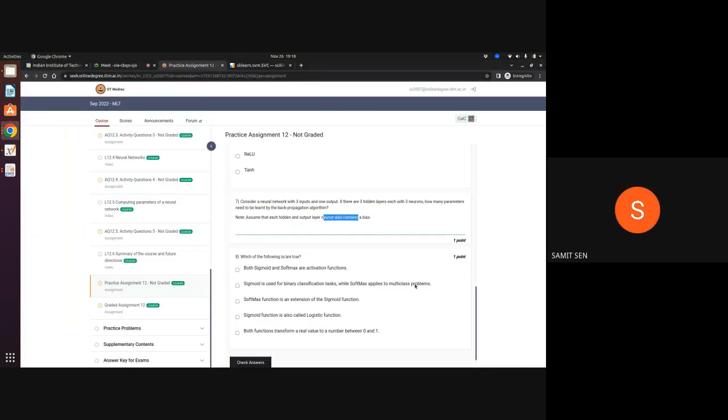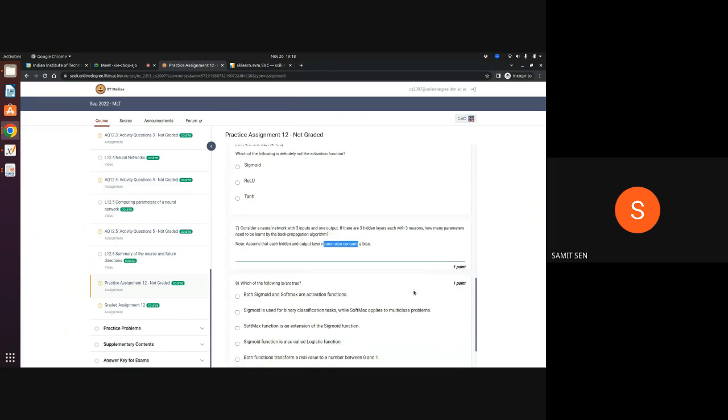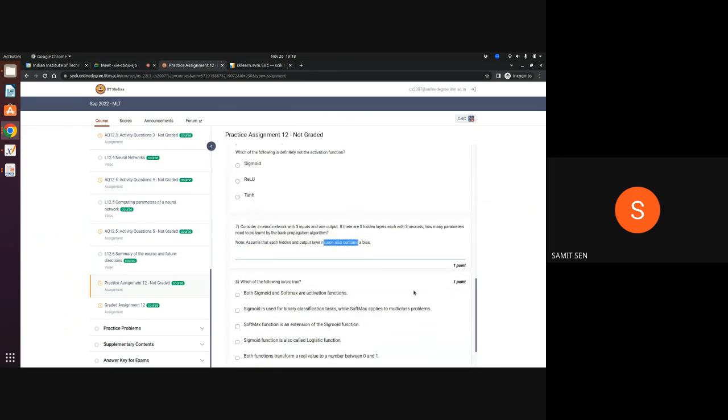Next one. Which of the following are true? Ma'am, just one question. In question number 7, this is the neuron to neuron connection you have shown. It is the maximum number. Is it possible that some of the neurons do not get connected? Like I said, this is a fully connected neural network that we are looking at,